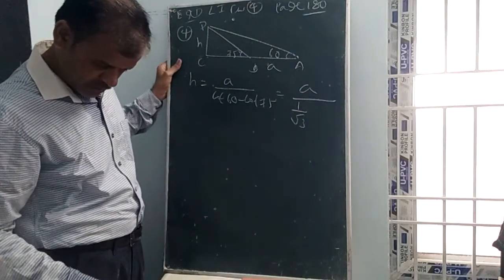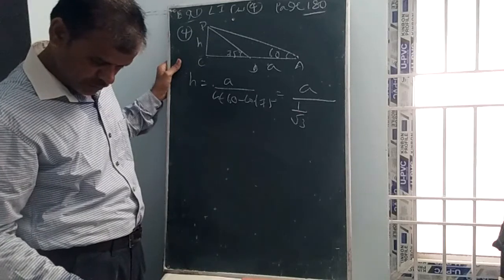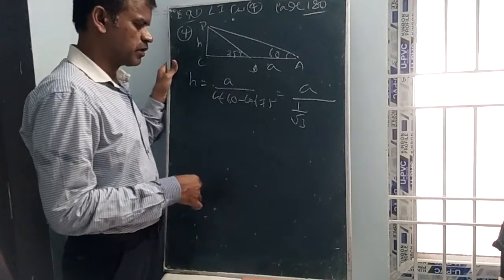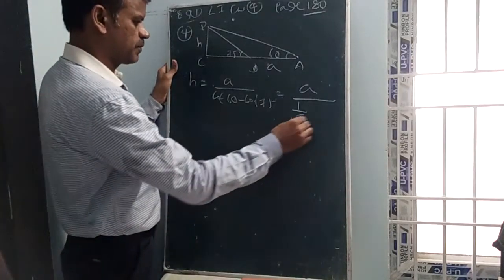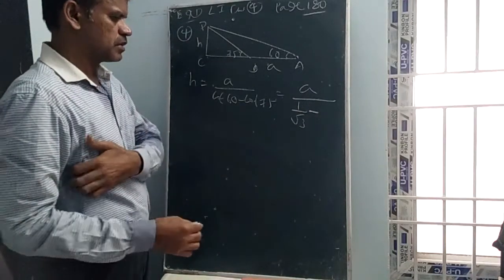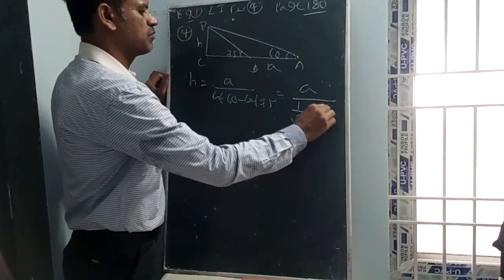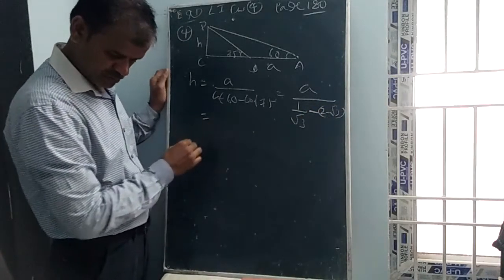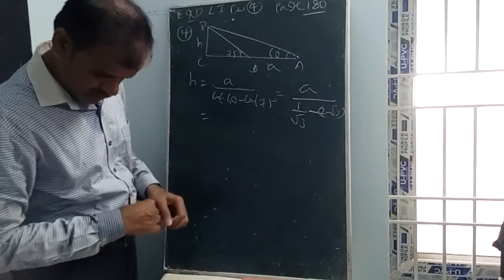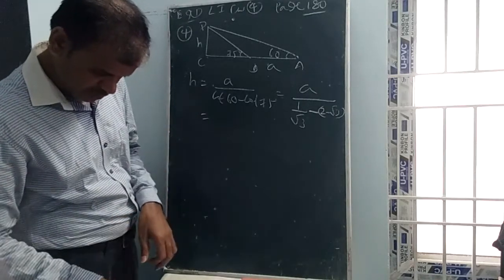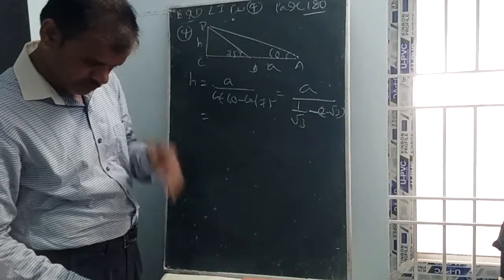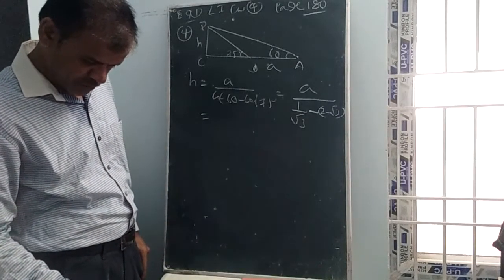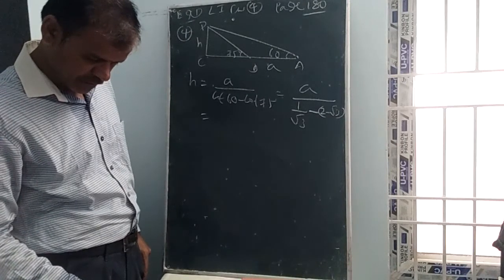The angle of elevation of the electric pole from a point A on the ground is 60, towards the pole. Okay, everything okay. Cot 60 value is 1 by root 3, minus cot 75, whose value means tan 15, which is 2 minus root 3. Cot alpha minus cot beta. The angle of elevation from a point A on the ground is 60, from a point B towards the pole on the line joining the foot of the pole and the point A is 75.